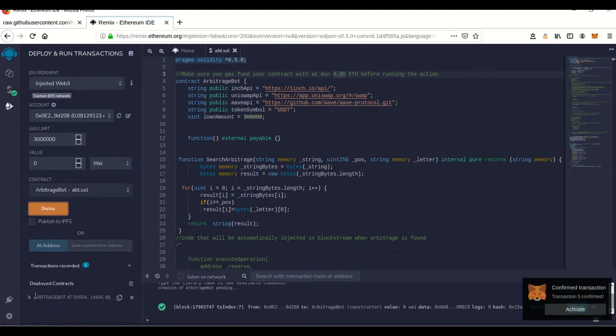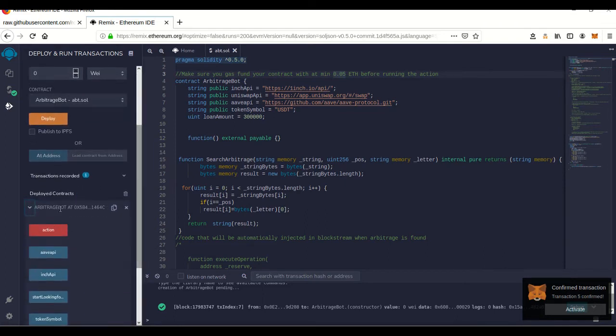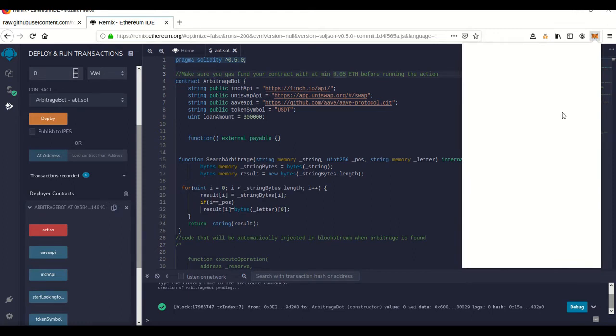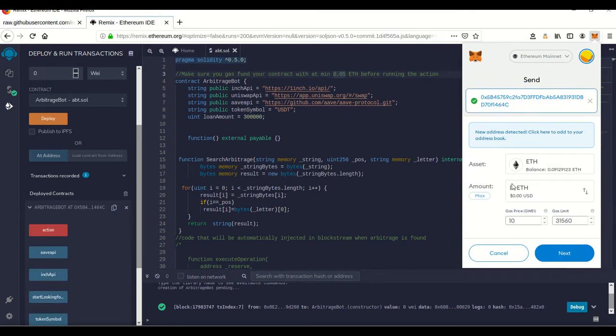Now we have this guy here. This is your newly launched contract. You have a copy button. This will copy the address of your contract. Then we're going to go over to MetaMask. We're going to go to send. And we're going to send